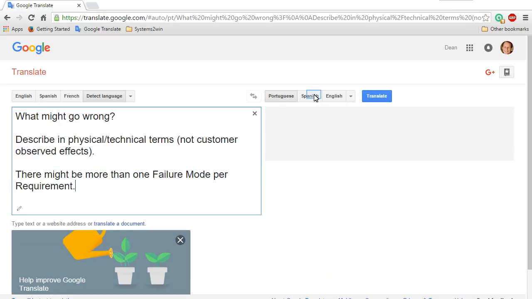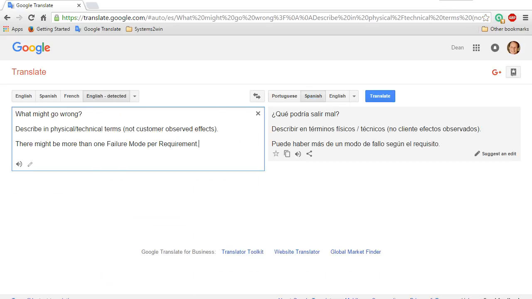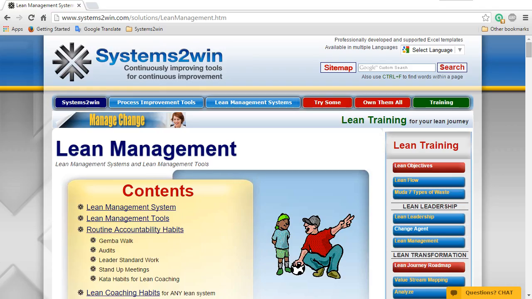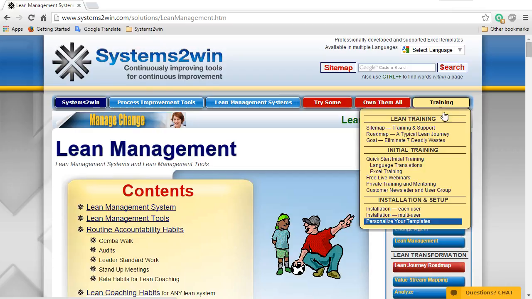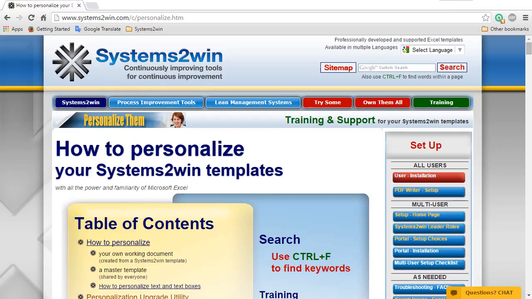Select your desired language. And there you go. You can now translate any pop-up help in any Systems to Win Excel template. If your lean leaders want to personalize your pop-up help or user-defined training, then of course there's online training and videos for how to do that.